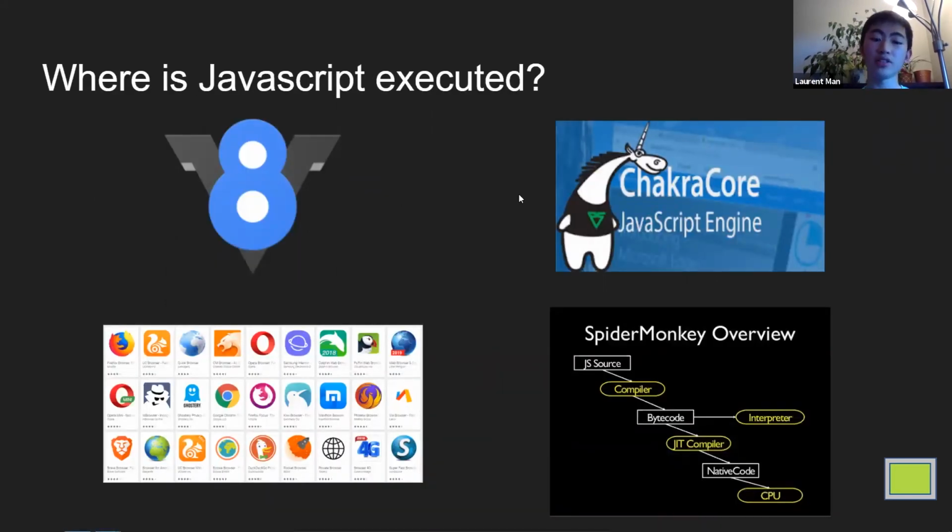Now, where is JavaScript executed? When you type in a line of code, that line of code is sent to the JavaScript virtual machine. The JavaScript virtual machine interprets that syntax, and it doesn't translate it into computer directions, but rather directly executes them. So in Chrome, we have V8. In Safari, we have JavaScriptCore. In Firefox, we have SpiderMonkey. And these are all just